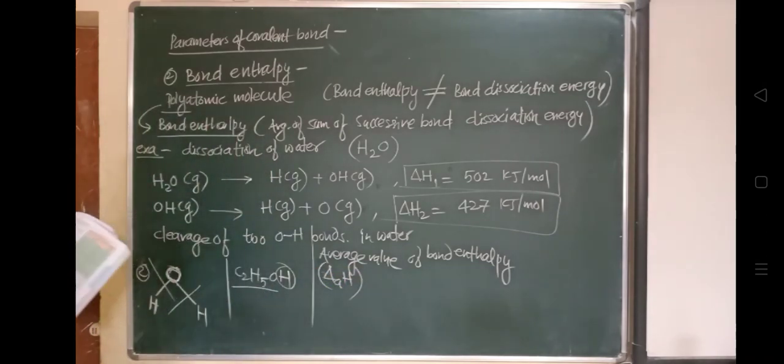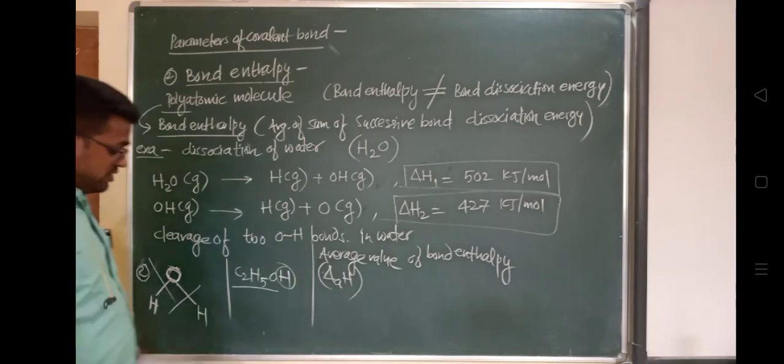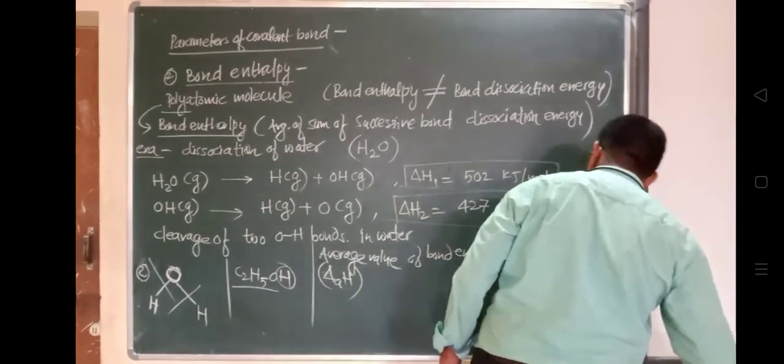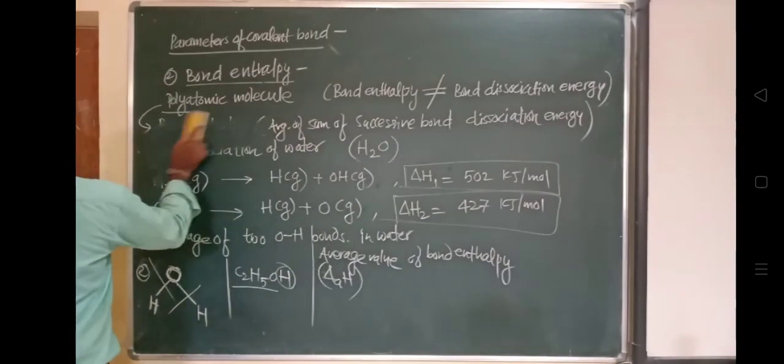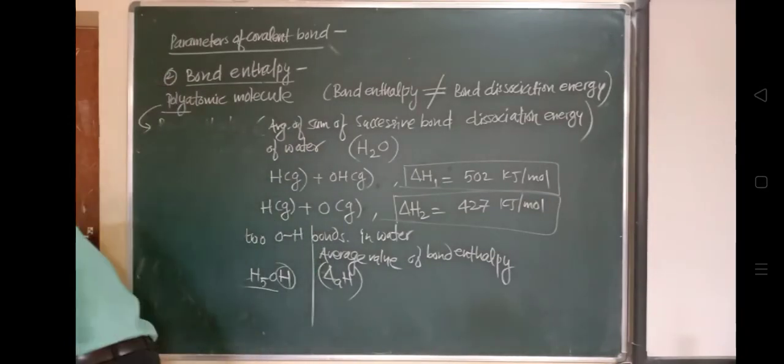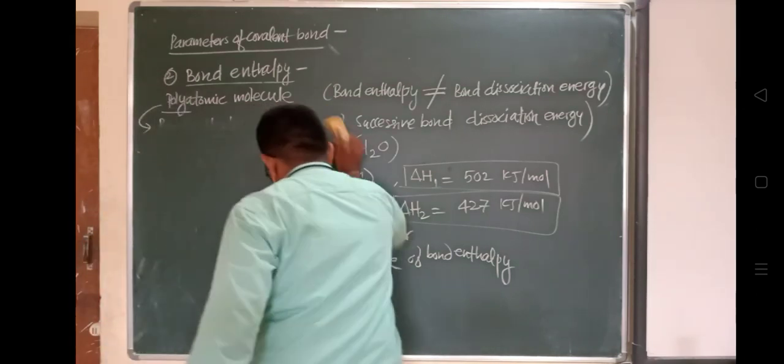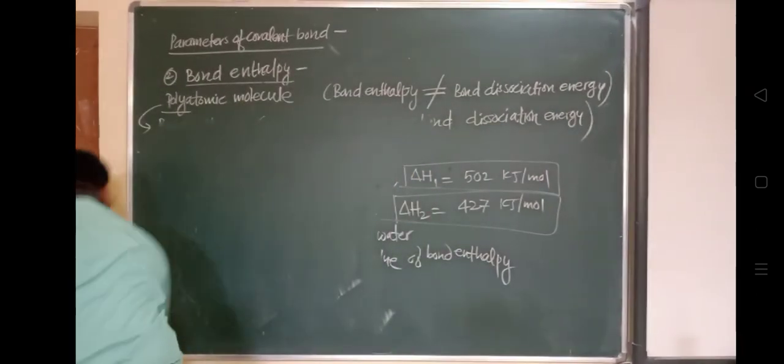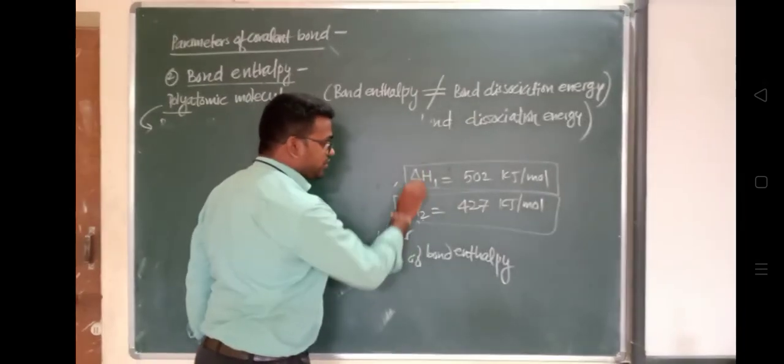In the case of H2, you will have to calculate the average, and that will be the bond enthalpy, represented by delta subscript a H. Why do we mention it with delta a H? Because this represents average values. So this is a bond, and the bond enthalpy, given in kilojoule per mole, is written here for some of the bonds.